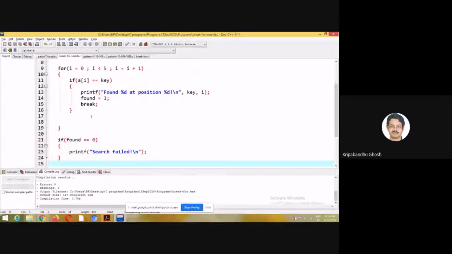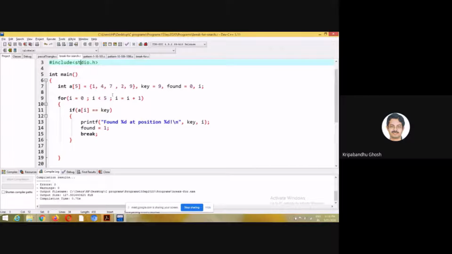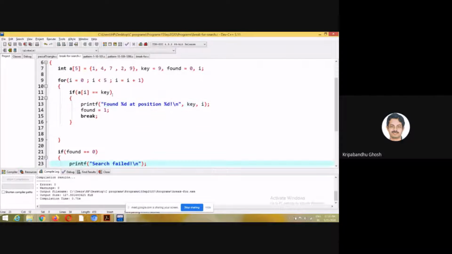I have to do some check. There can be several ways of doing it. You can check the value of i also. But to make the program more meaningful, and to better interpret what's happening, I have used another variable, found.